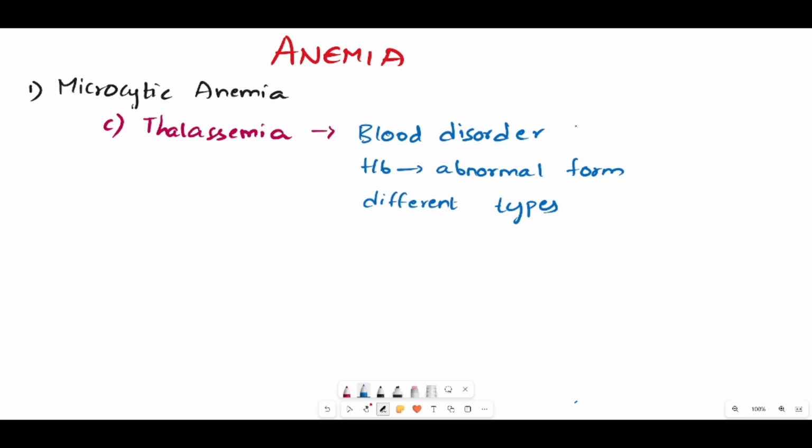So what happens in this? The body makes hemoglobin in the abnormal form. This is available in different types, and each type affects the RBC differently. And if we consider the treatment for all three types,